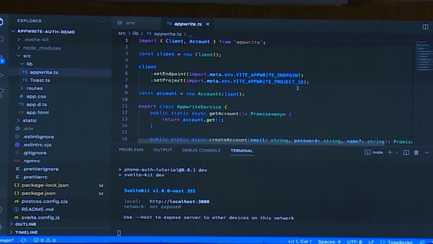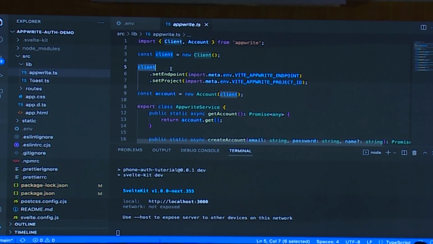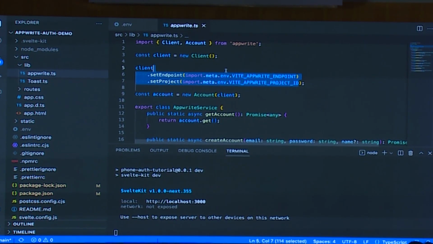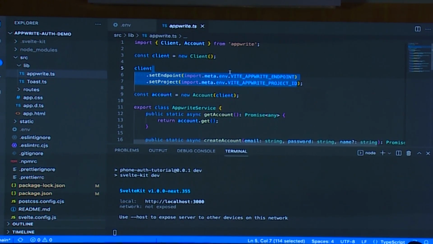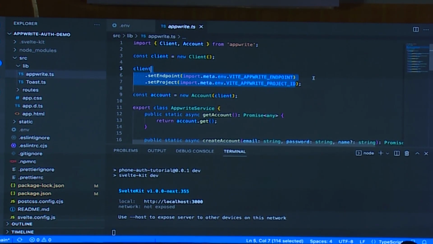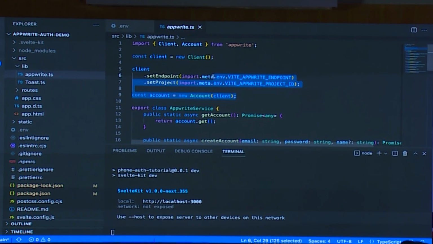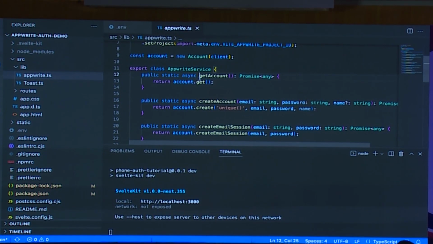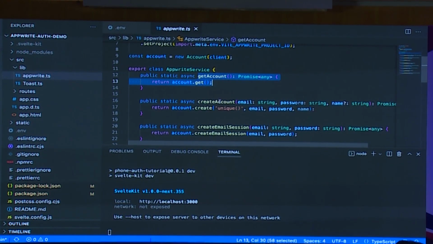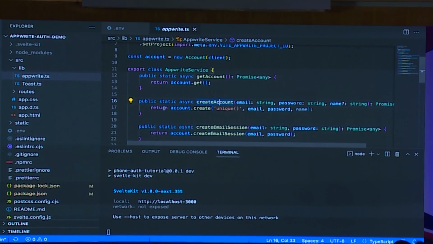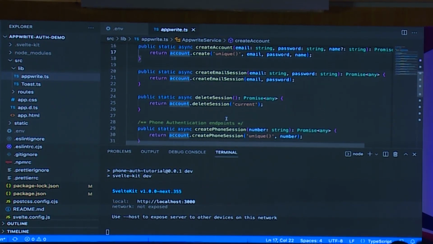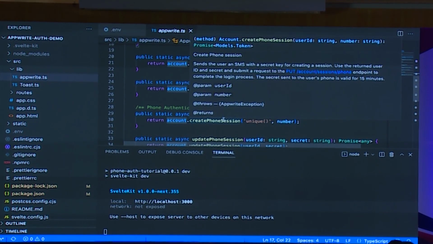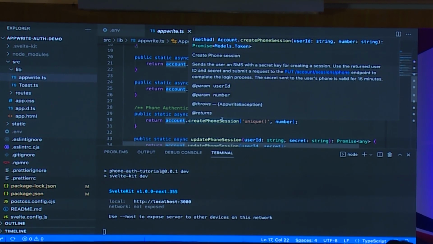If you scroll down, you'll see that first what we are doing is we are connecting to Appwrite, and if you remember these terms, these are the ones that we used in our env file. So we are referencing that, and what it is doing right now is connecting your application to Appwrite. If you scroll down, you'll see that there are some functions like getting an account or creating an account for you. If you're logging in through email, it's creating an email session for you. Then if you want to delete that session, you have that option as well. So basically the CRUD operations that we do with an API: create, retrieve, update, and delete.